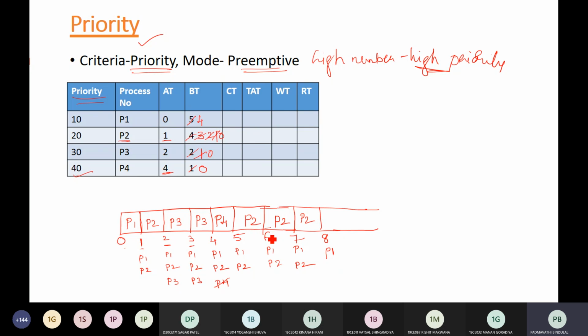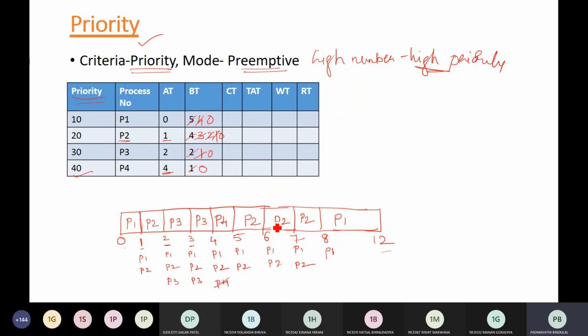4 seconds. Again you can do it like this step by step, and if you don't have any other process coming, you can directly execute your P1 process completely, up to 12 seconds, because 4 is its remaining burst time. Now in the 12th second you don't have any process remaining in your ready queue. So this way is also possible. Here I have taken 3 steps for P2. With some practice you can directly write it, you can see it and know. So 5 to 8 you can represent in one block only. That doesn't make any difference in the calculation of these parameters.